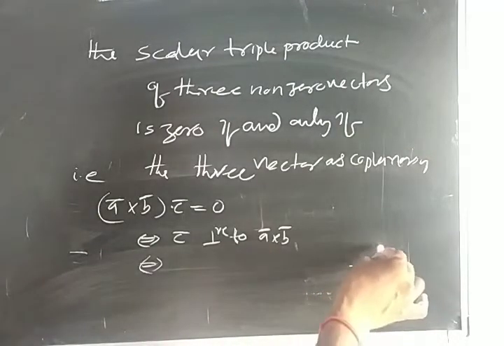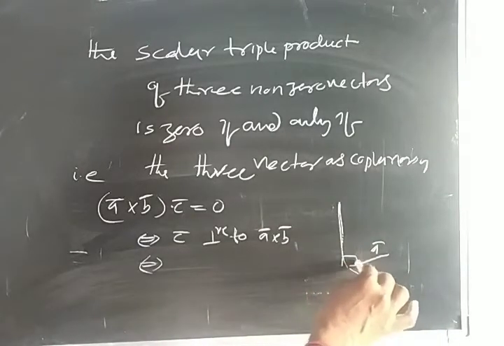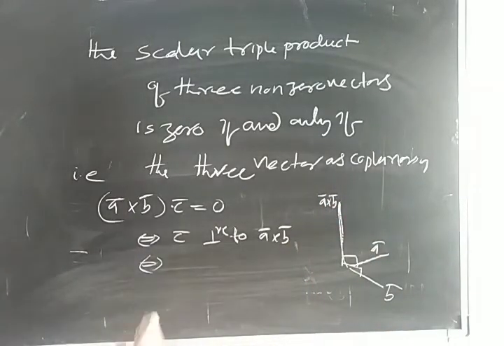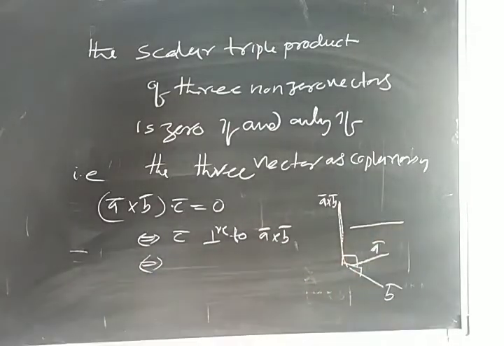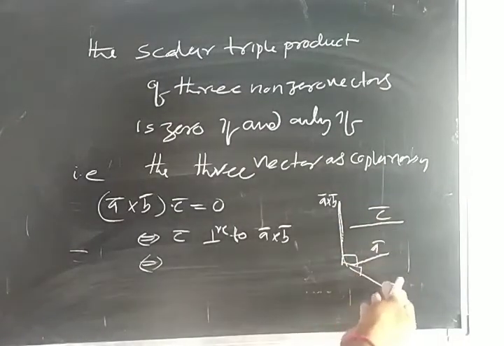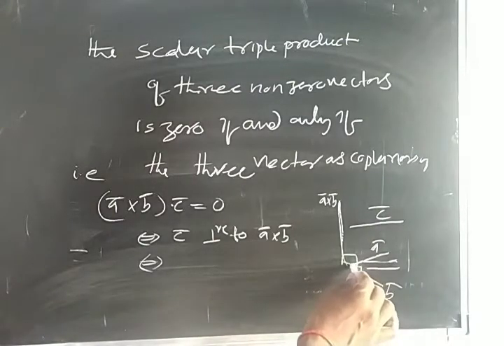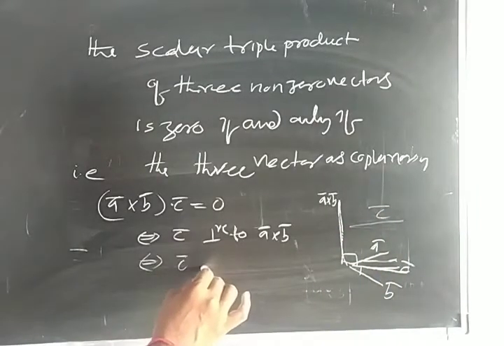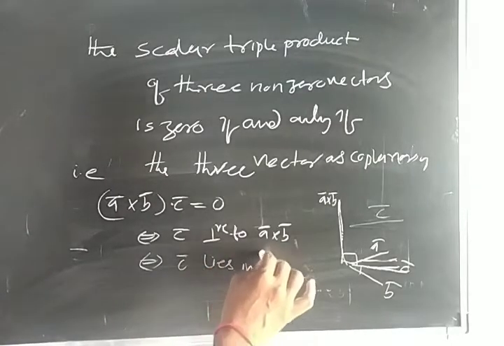Understood? Suppose this is A bar, this is B bar. This is perpendicular to A and B. This will give A bar cross B bar. And here we got C is perpendicular to A cross B bar. That means C you can take like this, which is perpendicular to A bar cross B bar. So we can say that here A, B, C are lying in the same plane. You can take C bar here also, right? So C bar lies in the plane